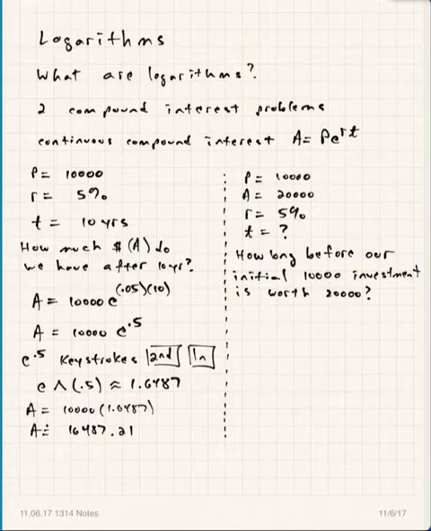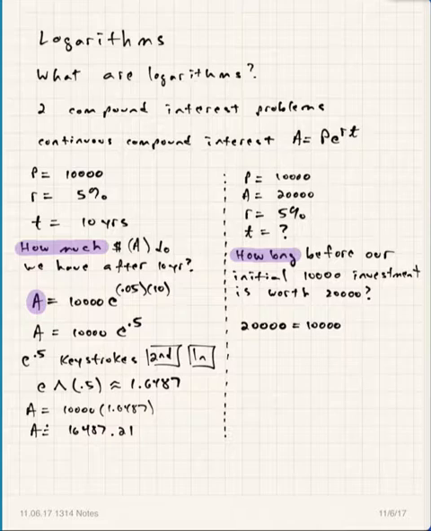Now, I do want you to notice the difference in these two questions. A really big difference here. This is how much, right? What were we after in this problem? What was our unknown? It was A, the amount at the end. On this new problem, the question is how long. So now we're interested in finding time. And when we substitute into our formula, we have 20,000 in place of A, 10,000 in place of P, then e to the 0.05 times t. And so notice t is our unknown in the problem. Notice where t sits is in the exponent of this exponential expression.